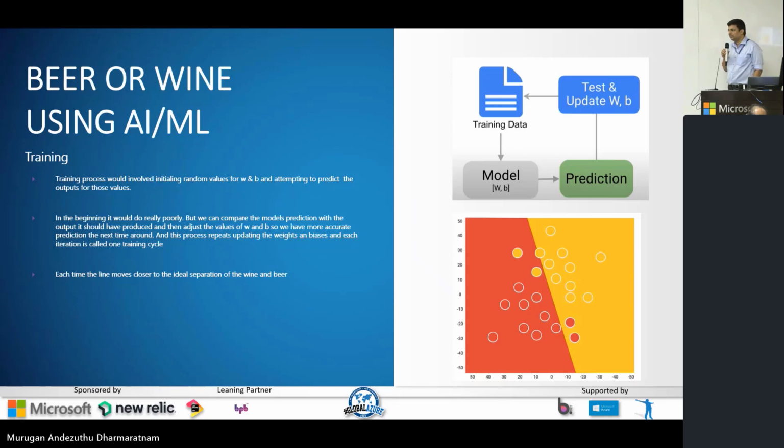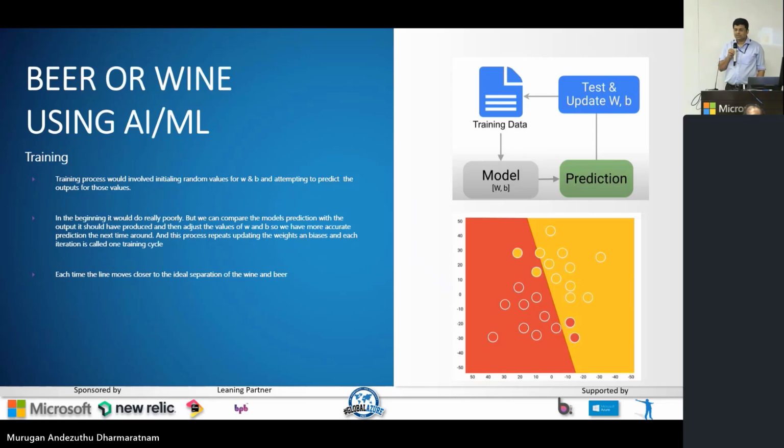And we try to predict whether it is wine or beer. What happens the first time? You have not done training, so the output will not be good. So what you do is compare with the data you already have, right? First, you select a random value, you try to predict, and you check whether it has given the right prediction.